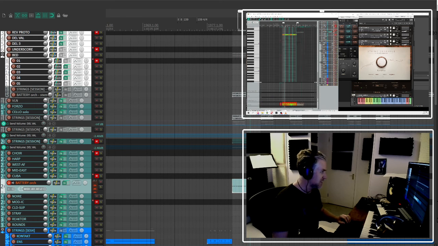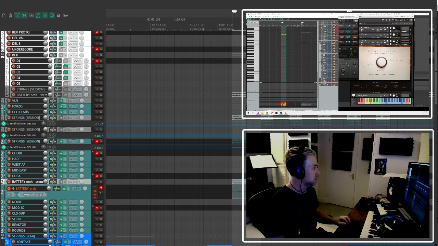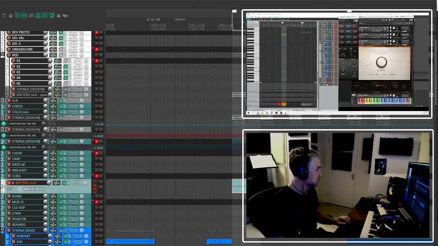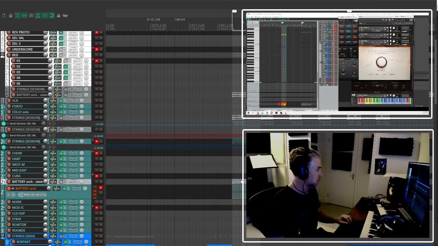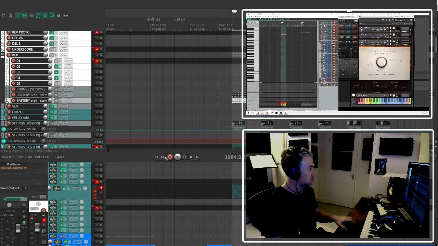In fact, I'm just getting into resampling these days. Like, let's take this guy here, pull it over into its own file. I've made a mistake. There we go. Create a sample out of it. Yes, now that is playing on its own. Let's move that up to here. And let's just see the waveform. There it is. Now what we can do is also send it to